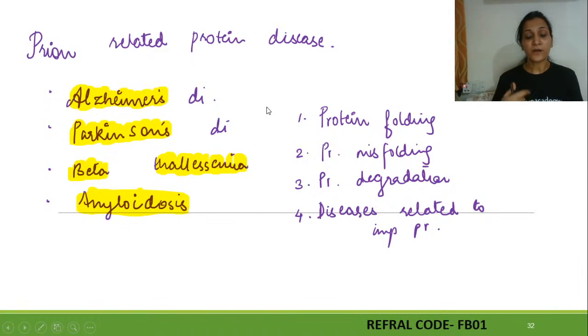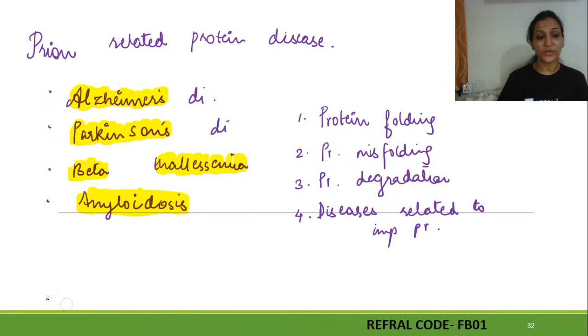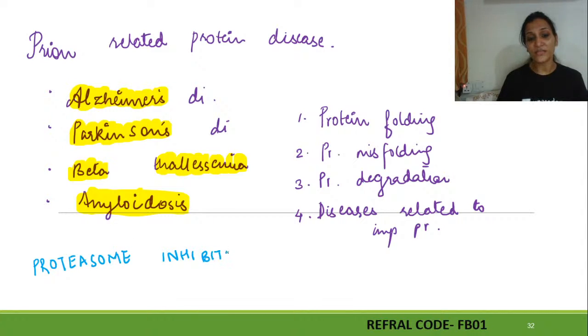Then we have seen what is ATP dependent degradation, and then finally what is ubiquitin and what is ubiquitination. Then we have seen the proteasome assembly, and the last point with the proteasome, that is proteasome inhibitor. It's very important. So let me just write it over here with another color. Proteasome inhibitor. Very important question for various exams, and it was asked in various exams.